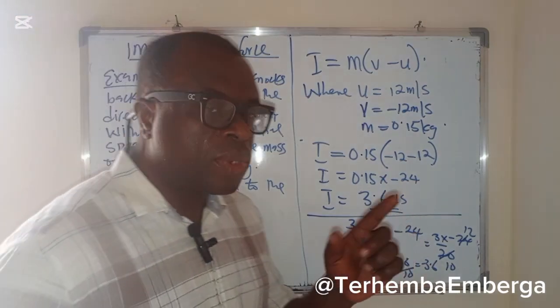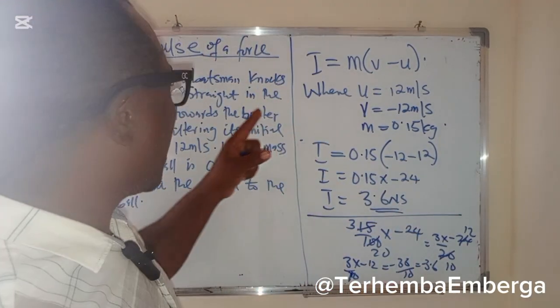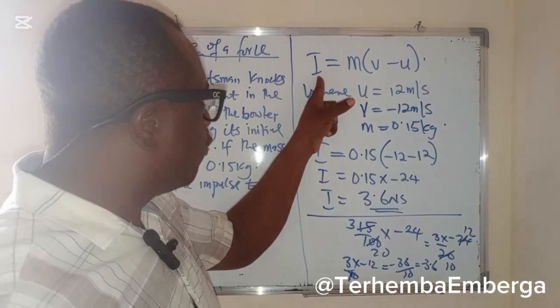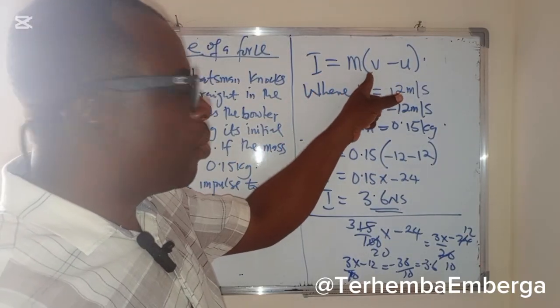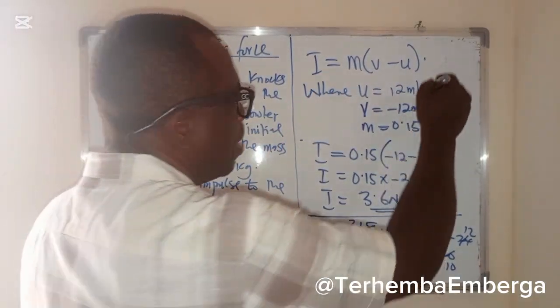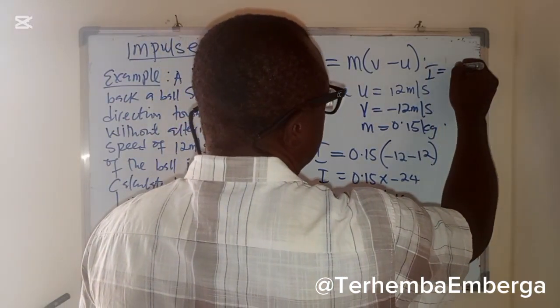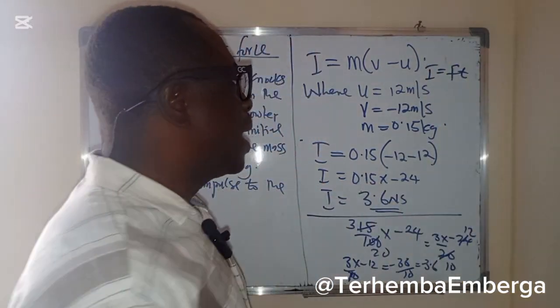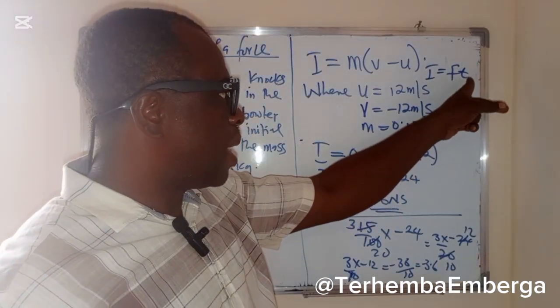So if you are asked to calculate impulse and time is not involved, this is the formula that we use. But if time is involved, consider that impulse is equal to Ft. In that case, force and time